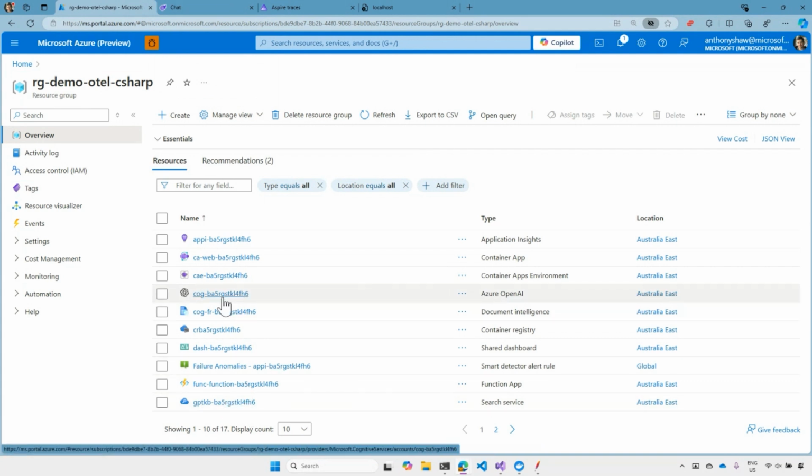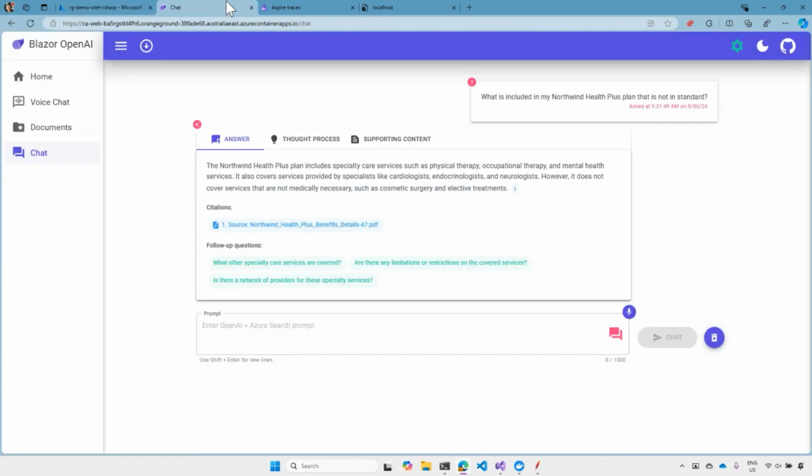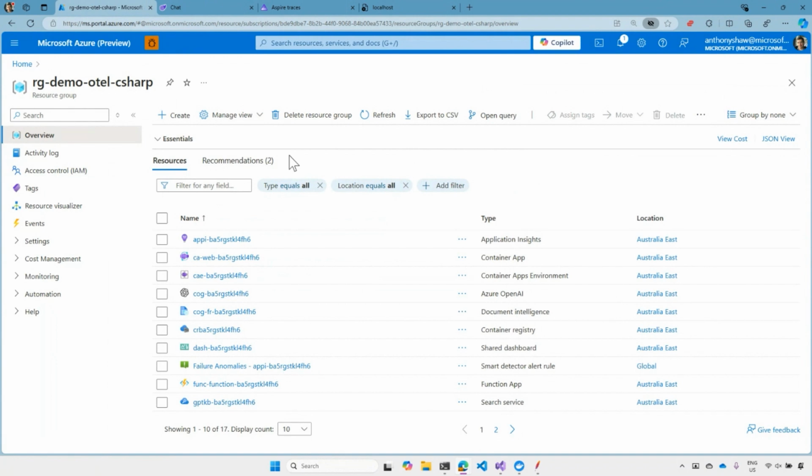We've got Azure OpenAI deployed there, which has got our models, so we're using GPT-4 to do the actual text analysis and generation. This demo is fully open source. There's a link I'll put at the end of the talk.